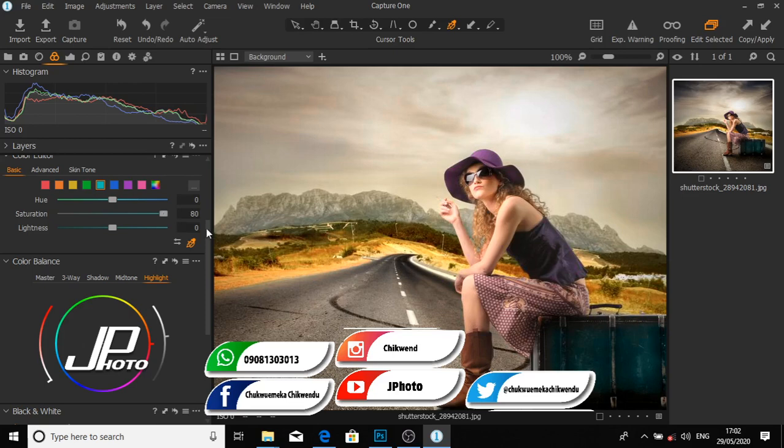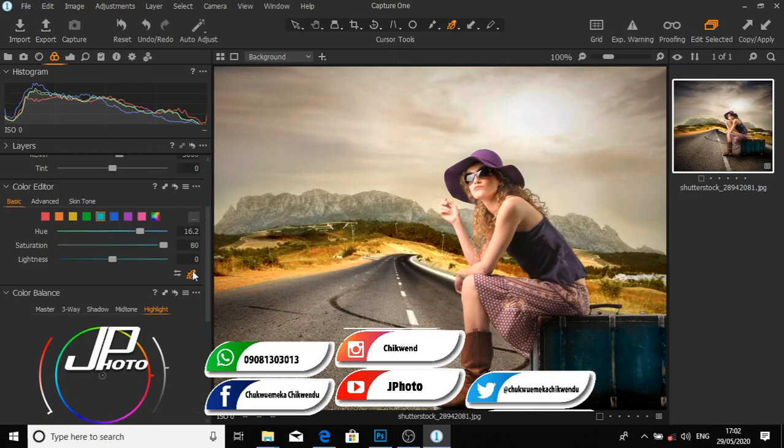Wow, you can see it has been enhanced. You can still increase it. Then let's pick